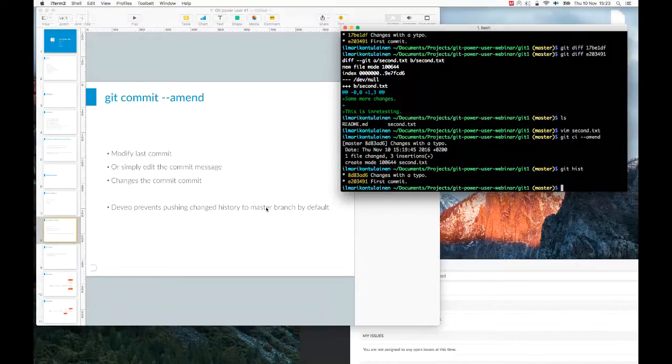You can of course switch this, you can override this, but by default, pushing changes that would change the history in the master branch is prohibited in Deveo, because we believe it's a bad practice in general to change the history. I mean, to change the history is okay locally, but pushing changed history to that kind of history that has been already shared with others is bad. Okay,